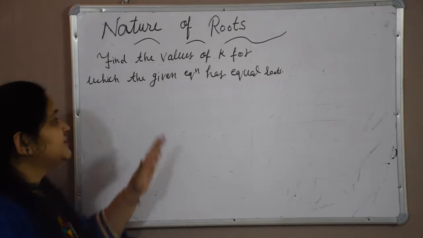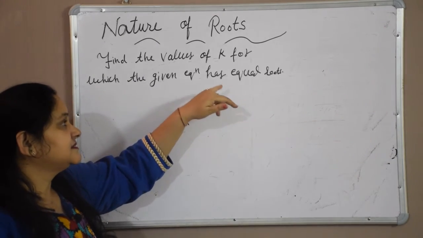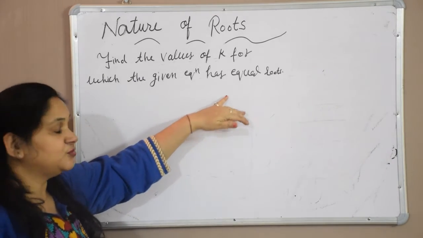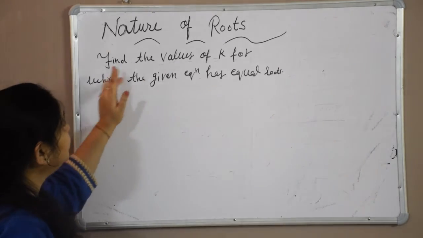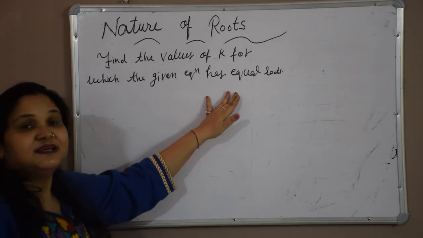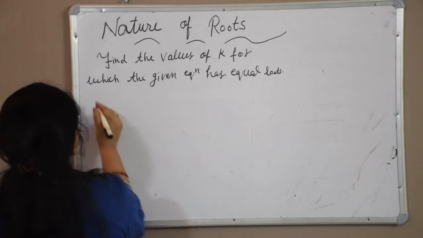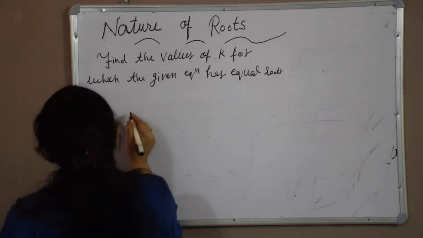It can be mentioned if the given equation has equal roots. It can be taken as real roots, imaginary roots. But in this question, first of all, I will tell you how we can find a value of k for which the given equation has equal roots. So our equation will be given to us like 2x square